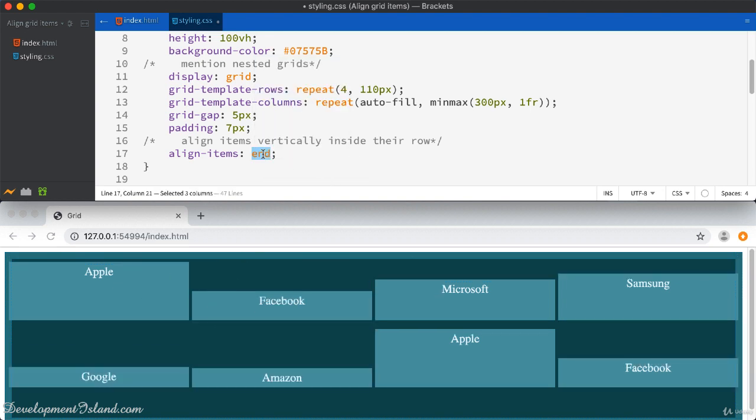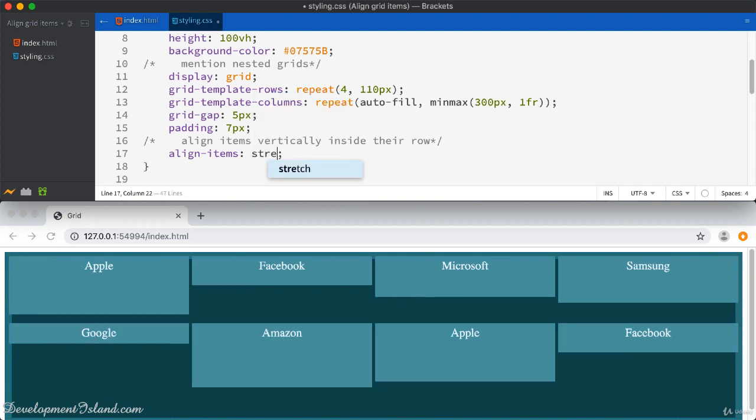You can also use the stretch property, and this is the default value, but it's not going to work here because we set the height of each of our grid items. Otherwise, the grid items would have stretched vertically inside their rows. All right. There is another value you can use. It's the baseline, just like the one you use in Flexbox. And here they're going to be aligned based on their baseline. So let's keep this